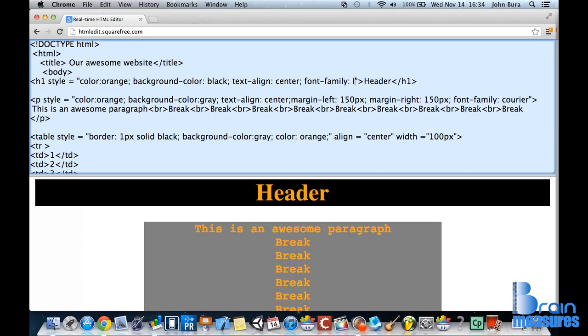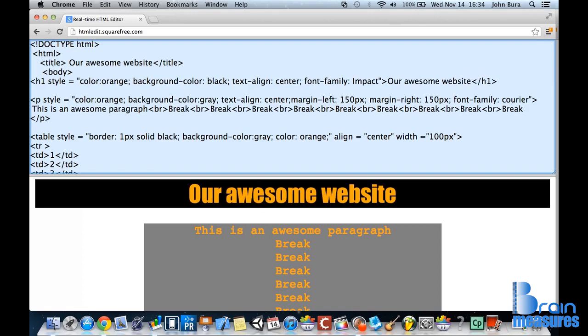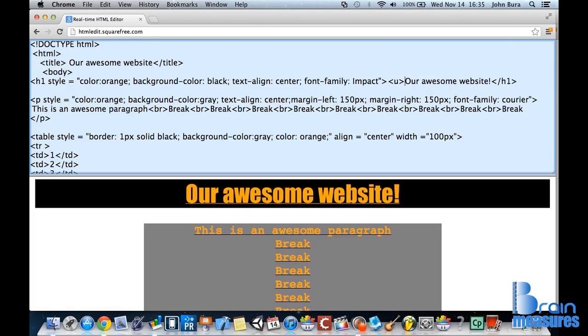Now, one of my favorite fonts to use is Impact. Okay, and that actually looks like a good header, and we can actually give this a title. We can call this... and why not give it an exclamation point too. So yeah, basically what we can do is go and do that, and we can also add an underline to this as well, and make sure you close off the tag,